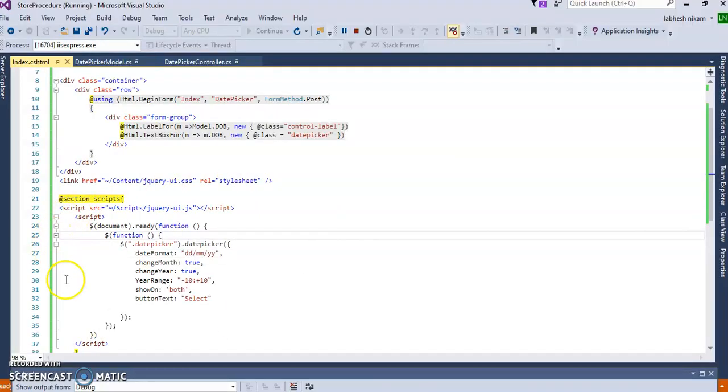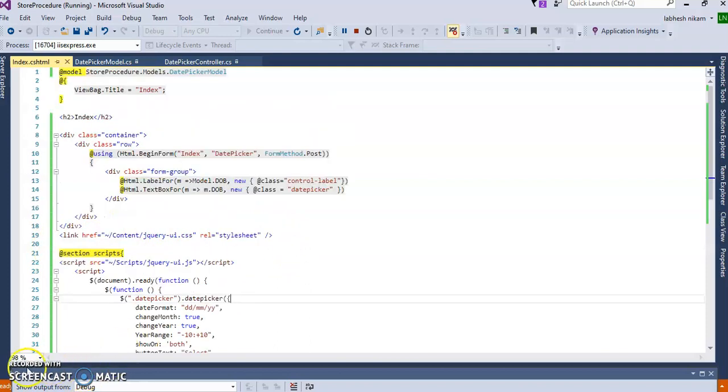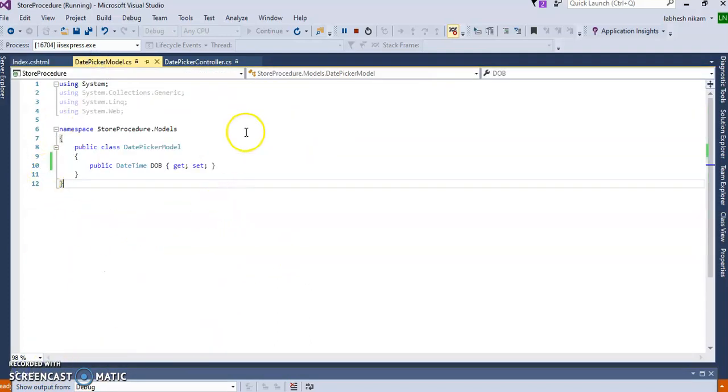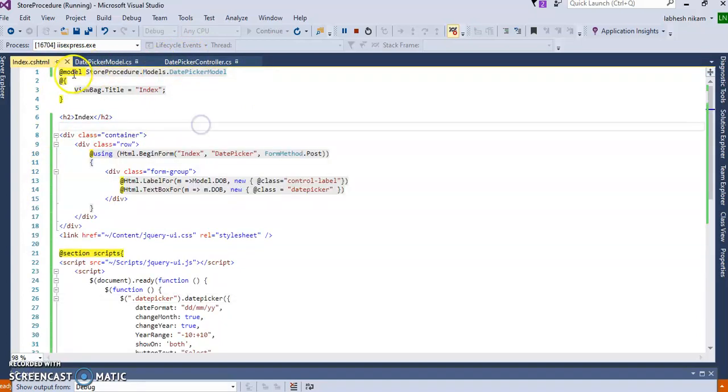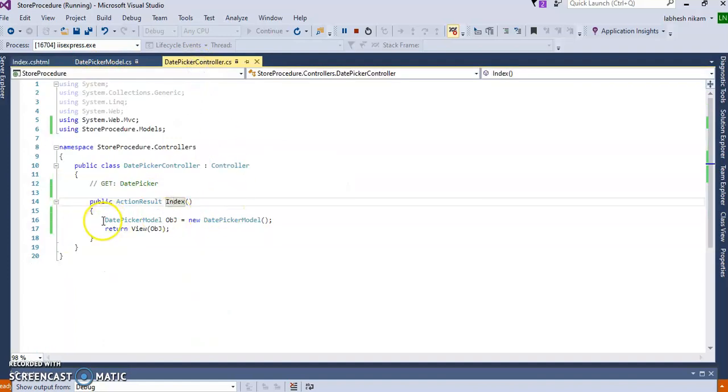I have created this script, so you have to write this script. And we have created the model here, and we have used this model here, okay. Inside of the date picker controller we have called the model by creating an object, and that object we have passed in the return view so that the calendar is displayed.